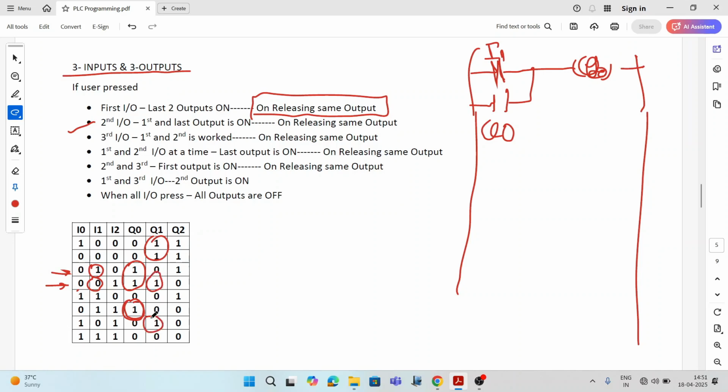Here when I press I0, Q1 is on, and when I release I0, Q1 stays as it is. So it depends on I0. So I0 will be for Q1, and this is Q1. Okay, Q0 and Q1. Now similarly for the third output,